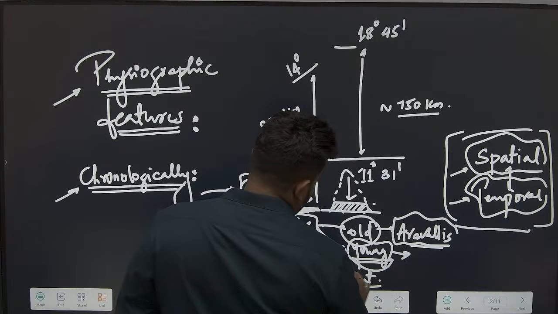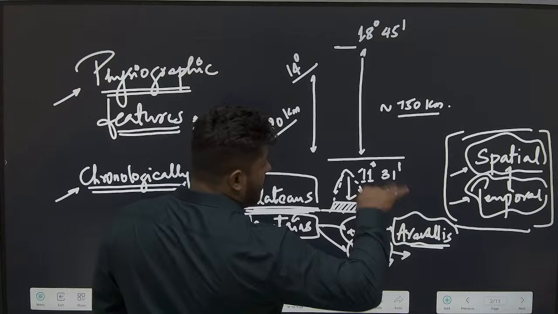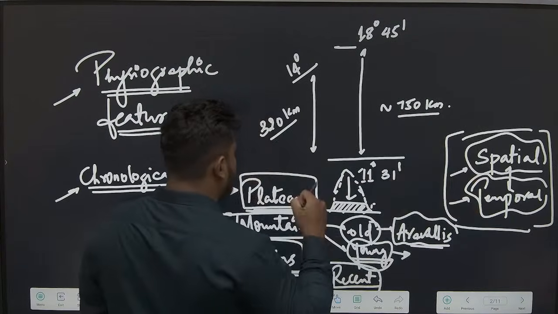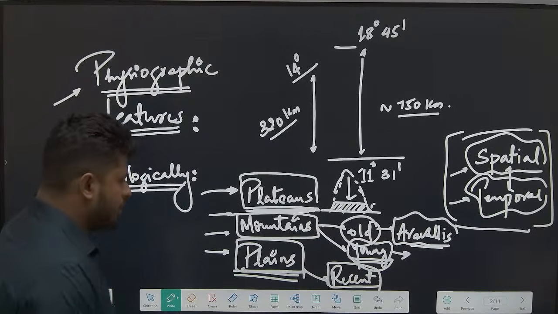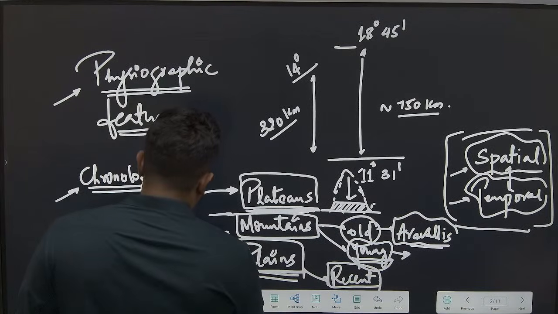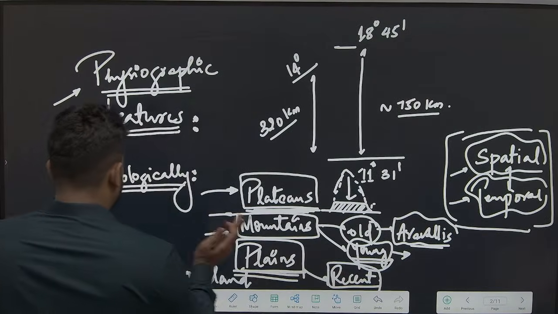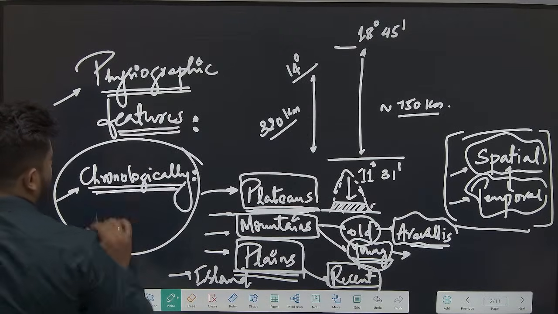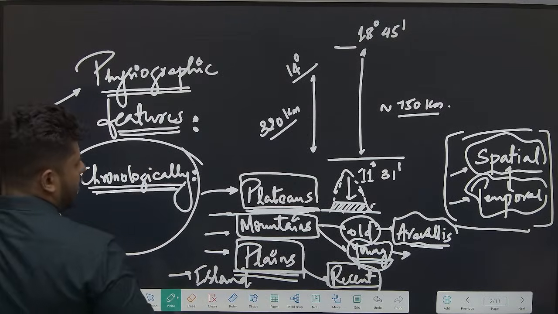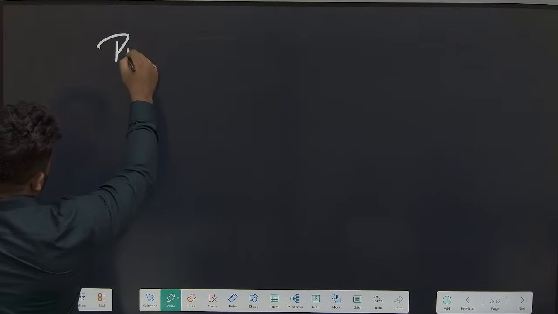Usually there will be a lot of deposition, because materials from the earlier landforms have been cut down and deposited over here. Plains are usually depositional plains. And of course, there are other categories also, islands and an auxiliary miscellaneous category. So this chronological basis of studying physiographic features in geography has been applied to the case of Karnataka also, and accordingly Karnataka has been physiographically divided into how many physiographic units?